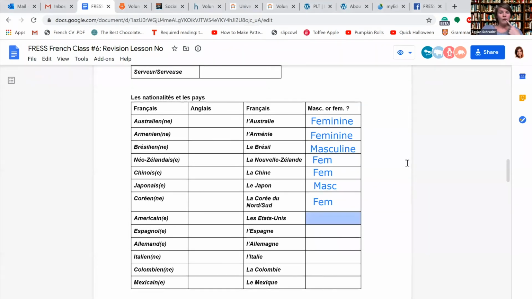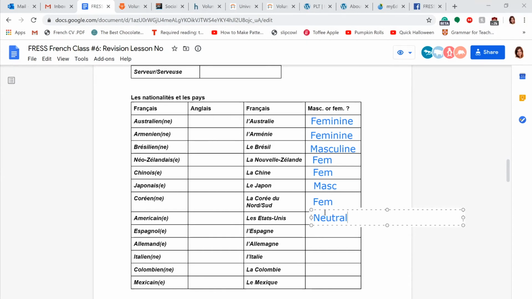Okay, now we're reaching our first plural. And this is something of a trick question because plurals are neutral in French. So if it's plural, it's not masculine and it's not feminine, it's a plural. So it's a trick question. Another le country is Fiji, les Fiji, because it's a group of islands.